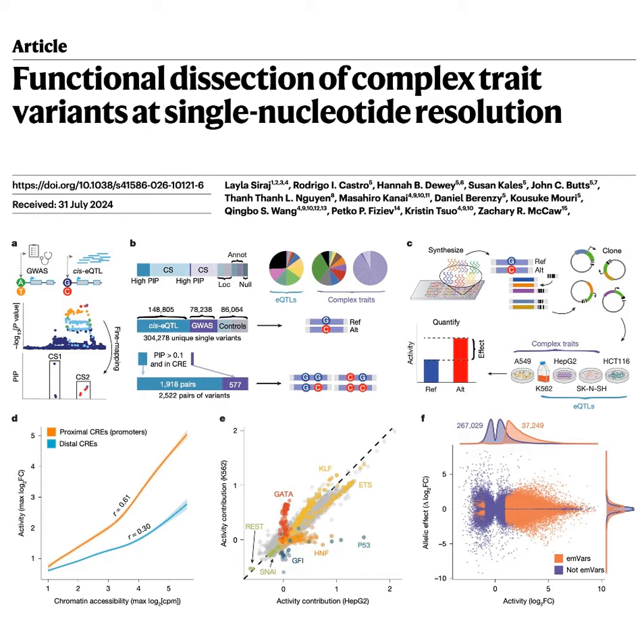Which brings us to the actual mission of our deep dive today. We are pulling apart a massive 2026 study published in Nature by Siraj and colleagues. It's called Functional Dissection of Complex Trait Variants at Single Nucleotide Resolution. And what this research team did is kind of mind-bending. Absolutely. They didn't just use computer models to guess where the typos might be. They physically built and tested over 220,000 specific genetic variants in the lab to find the exact molecular switches driving